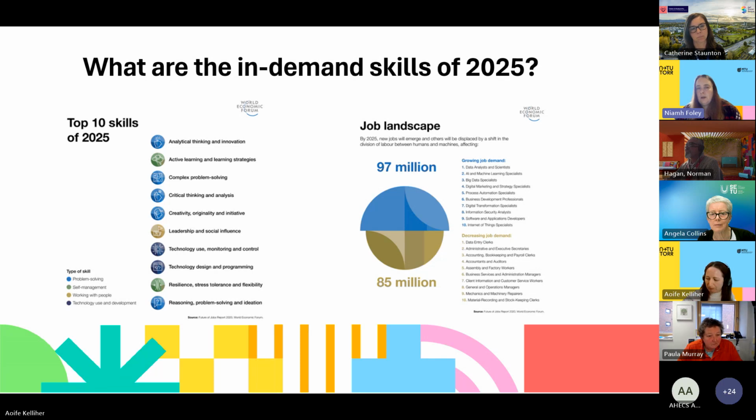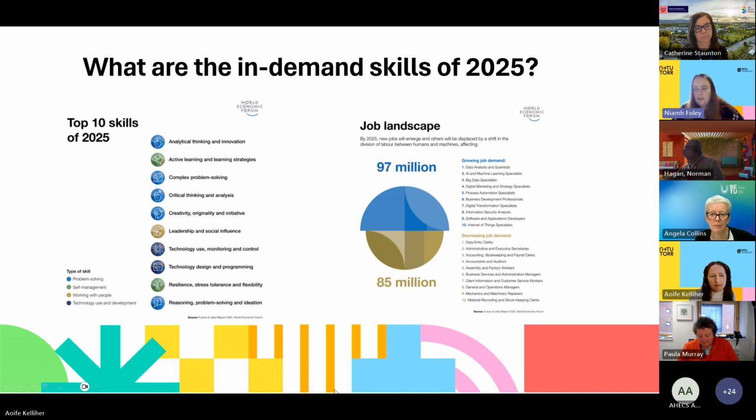And I suppose where we're located in the geographical area, we have to look at, again, what are the growing demands and what's decreasing. We're looking at technology, digitization and sustainability, all important factors that we have to build in for employability. And I suppose also the emerging skills, self-management, and utilising the supports that are available to us.